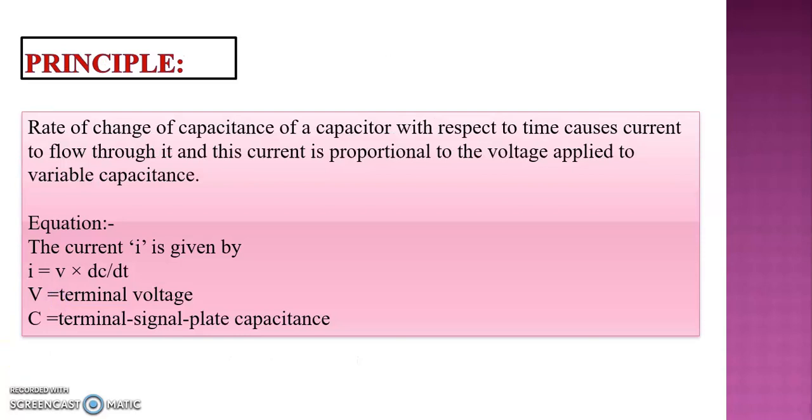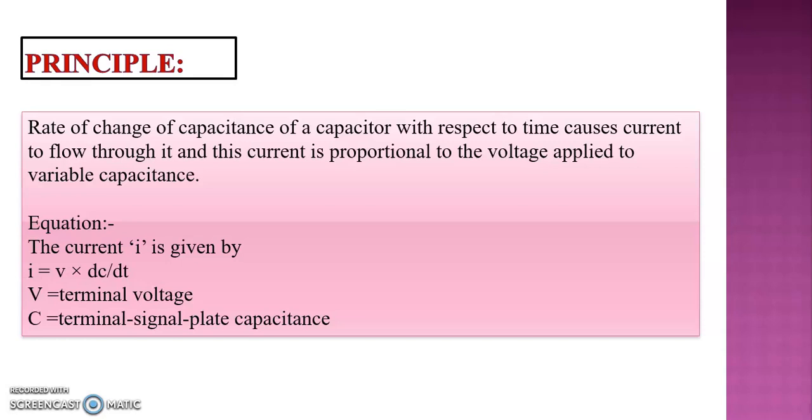Now, let's move on to the next topic, the principle of the generating voltmeter. The basic principle is that the rate of change of capacitance of a capacitor with respect to time causes a current to flow through it, and this current is proportional to the voltage applied to the variable capacitance. If the charge stored in a capacitance C is given by Q = CV, and if the capacitance varies with respect to time when connected to the source voltage V, then the current through the capacitor